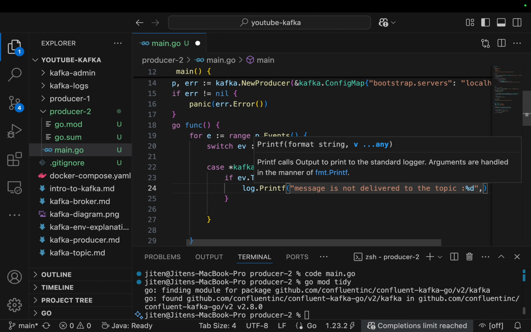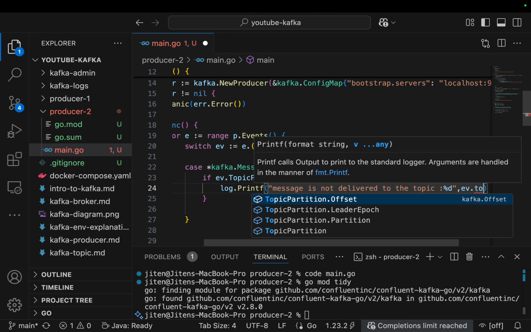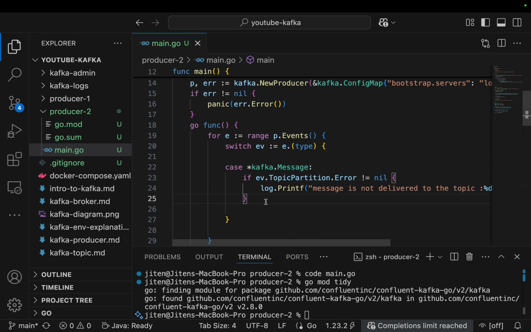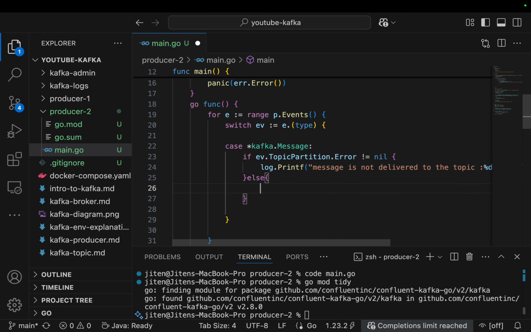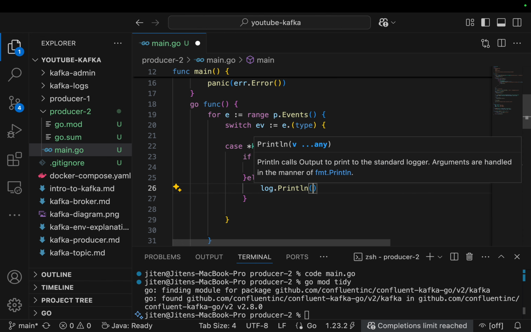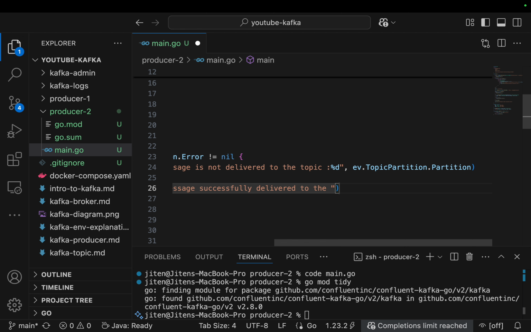You can give ev.TopicPartition.Partition. If there is no error, log.Println: message successfully delivered to the following topic. You can give topic ID,